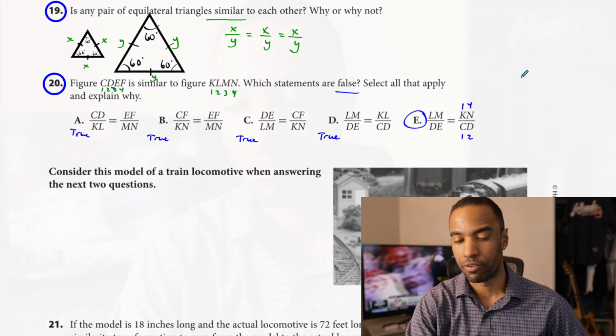All right, guys, so that ought to do it for this one right here. I sure hope that was helpful as far as just looking at corresponding parts within figures that are larger. We're going to shrink down to triangles only in the next video, which will talk about the angle-side-angle and side-angle-side similarity conjectures all together there. Now, there's a lecture video that I have that talks about it. It's about a half hour long, and of course,